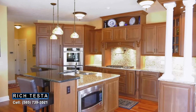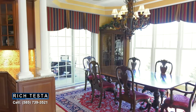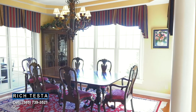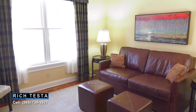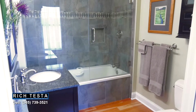high-end appliances, and a breakfast bar. Leading to a dining area with a tiered box ceiling, all with a built-in sound system, American cherry hardwood floors, and a covered porch with scenic nature views. The first floor also features a spacious bedroom with an adjacent full bathroom,